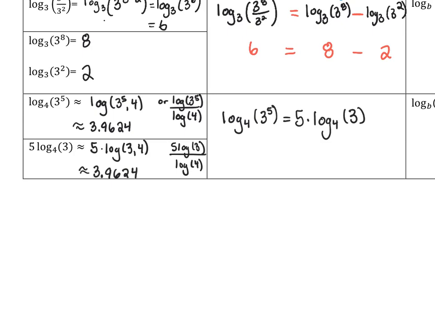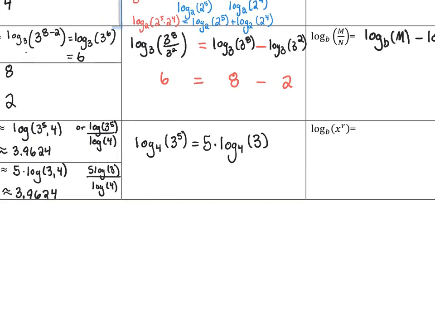So try to figure out what's happened there between the two expressions. They both have a log base 4. They both have a 3 somehow involved, but the 5 ended up in different places. I'm going to let you fill in the conjecture on this last one, what you think the formula is. So what does log base b of x to the r simplify to? Notice that the value of the base on the logarithm is different than the value of the base on the